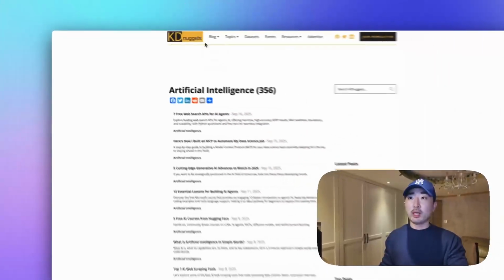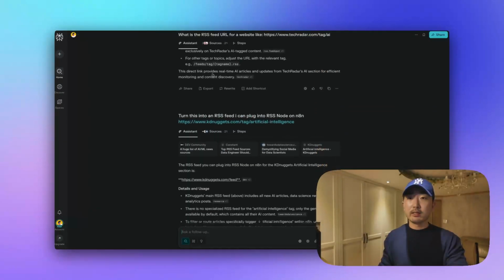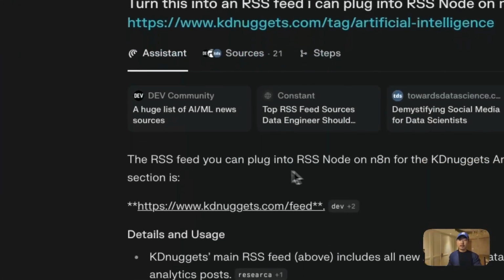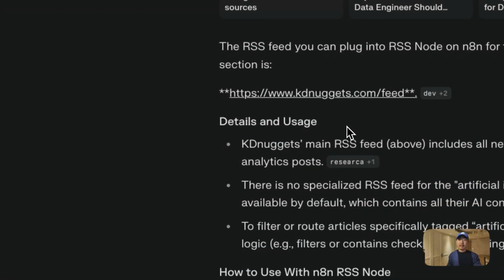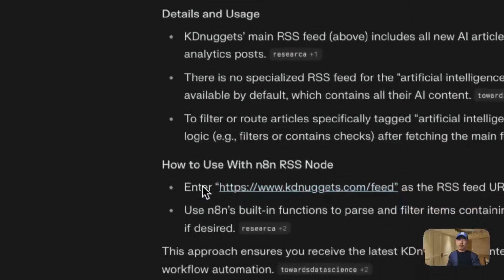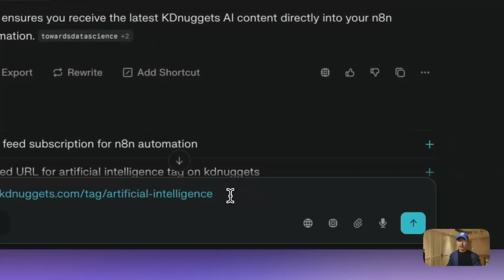So this time we pull from KD Nuggets. I did the same thing where I asked what is the KD Nuggets article URL, and it gave me something like this. Now, once again, it's often going to say it doesn't actually have the URL, but it can get hints from what its structure is. So it's saying something like enter /feed. The URL for KD Nuggets looks like something like this. So if I were to